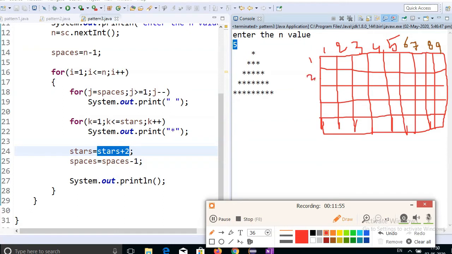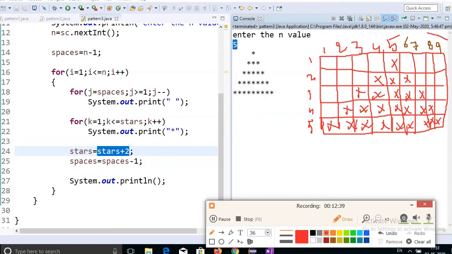If you look at this one, it will print at the 5th position. 1, 2, 3, 4, 5, then 1, 2, 3, 4, total 9. In the final row, 9 stars will be printed like this.